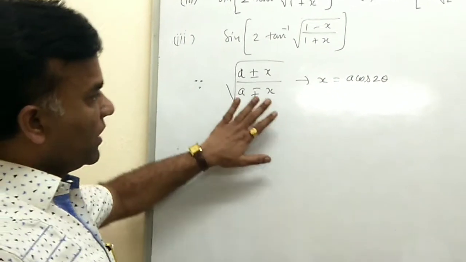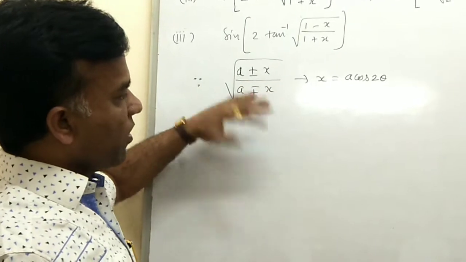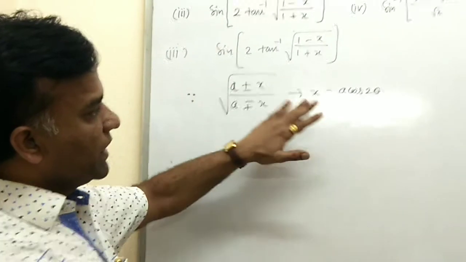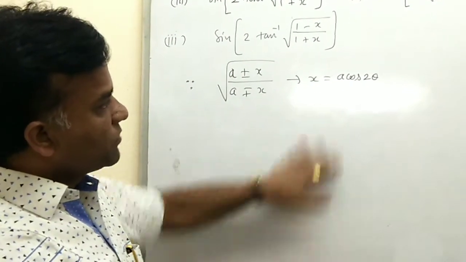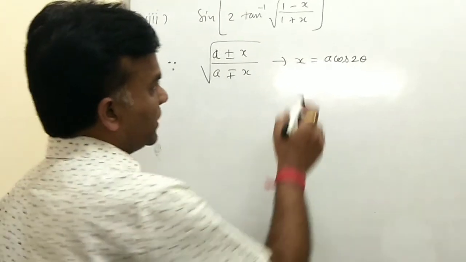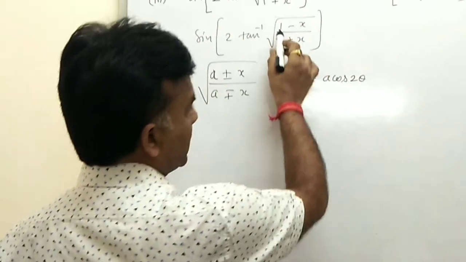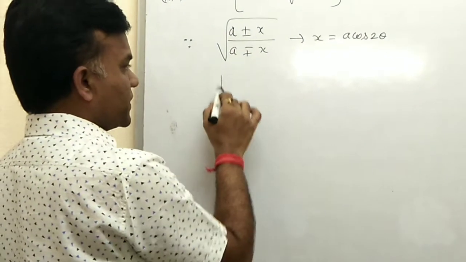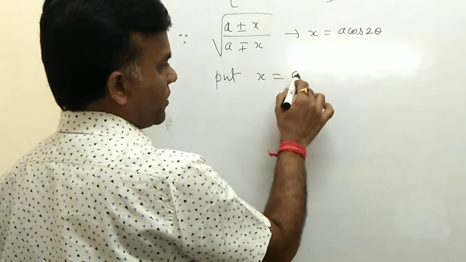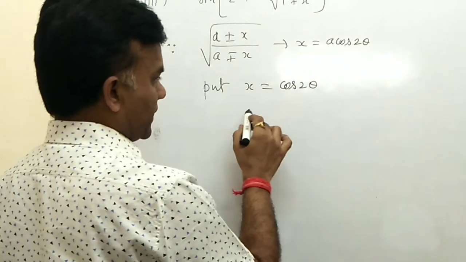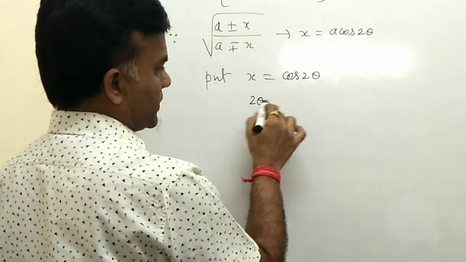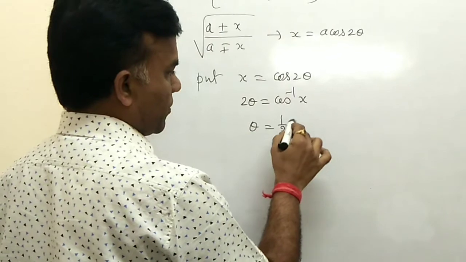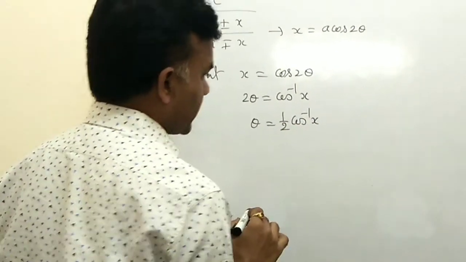In substitution you always put it this way, because previously we showed that if this type of symbols are given, then we use trigonometrical ratios as the substitution. So here in place of x equal to a cos 2 theta, a is 1, so directly you put x equal to cos 2 theta. So substitute x equal to cos 2 theta, and then 2 theta is cos inverse x, and theta equals 1 by 2 cos inverse x, and then